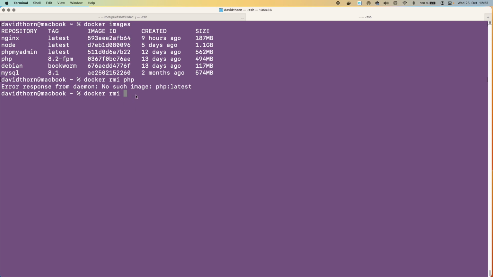So being able to pull the images is fine, but at one point they start taking up some space on your computer, on your laptop, on your server. So you want to be able to clean them up as well. So it's a good idea to understand how to delete a single image or delete all of the images and so on. So here we're just going to delete the PHP